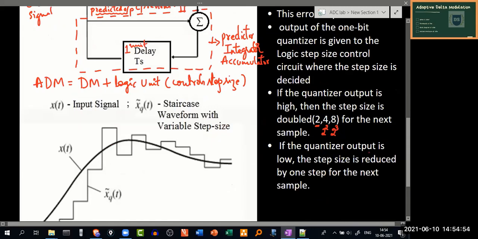Or if the quantizer output is low, that is if EQ is equal to 0, then the step size is reduced for the next sample. We can reduce this step size by 1 by 2, 1 by 4, or 1 by 8. So we'll be doing a similar kind of step, but in the exactly opposite fashion.